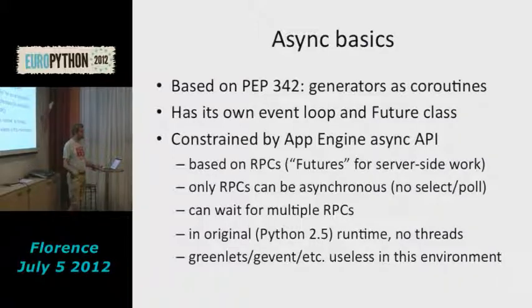They're all based on low-level asynchronous I/O, where you have a bunch of file descriptors that are all in asynchronous mode, and you have a select or a poll operation that you ask which of these file descriptors has I/O available, ready to consume right now, and it tells you this one or these five. Then you read some bytes from some socket, or maybe you write some bytes to some socket, and then you do something with those bytes, and you go back to that poll or select loop. In App Engine, none of that makes any sense, because there are no sockets. You cannot open a socket in App Engine.